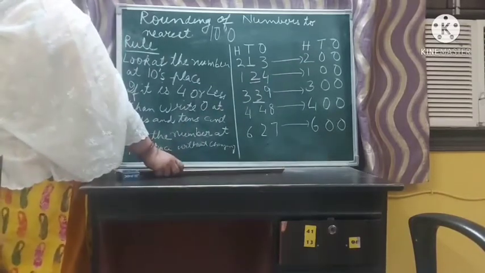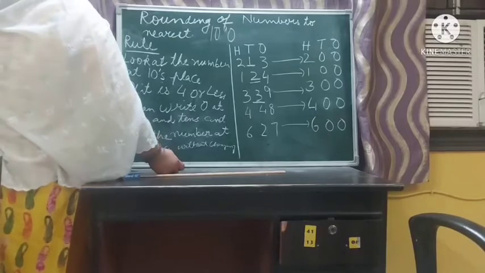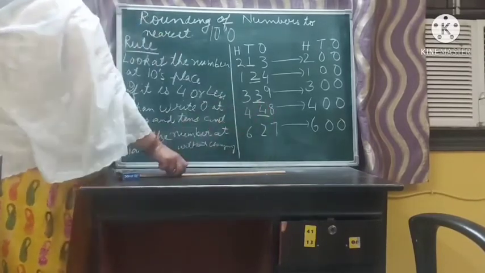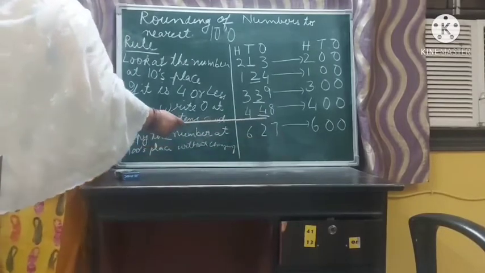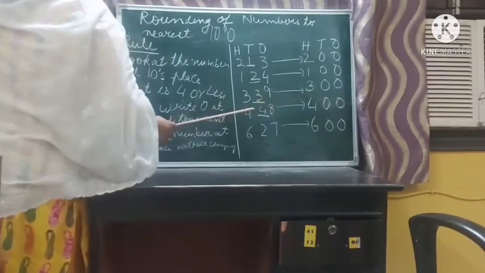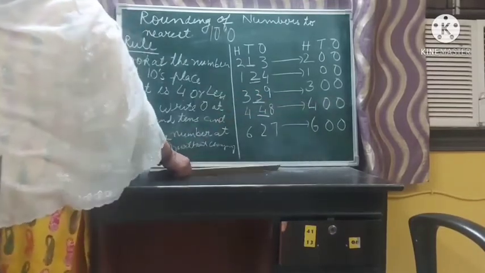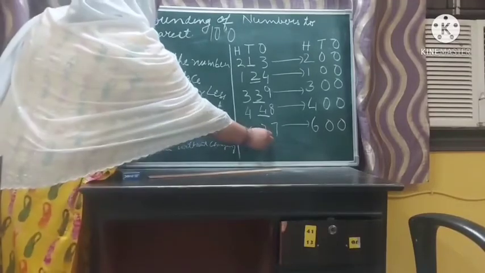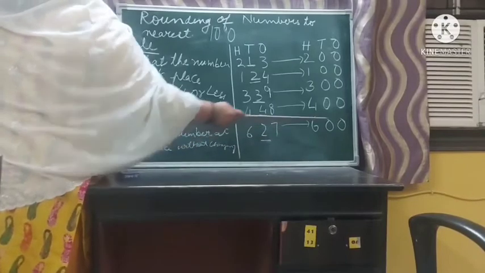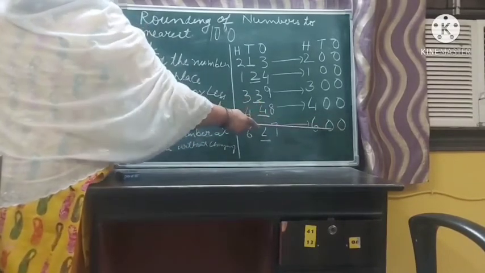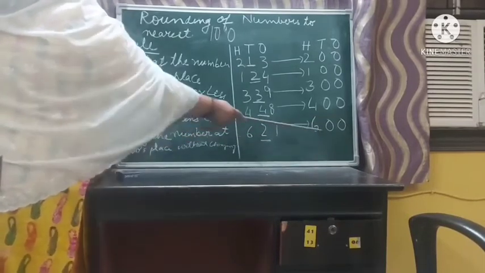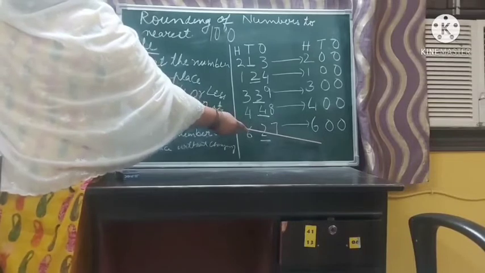Then the next example is 448, in which the tens place is 4. So it is also 4 or less than 4. Then instead of 48 you will write 2 zeros, instead of 4 and 8 you will write 0, and 4 will be copied as such. In the number 627 the tens place is 2. So instead of the ones and tens you will write 0. 0 at the ones place, 0 at the tens place. And the 100 number will be copied as such, and 627 will become 600 when rounded off to the nearest 100.